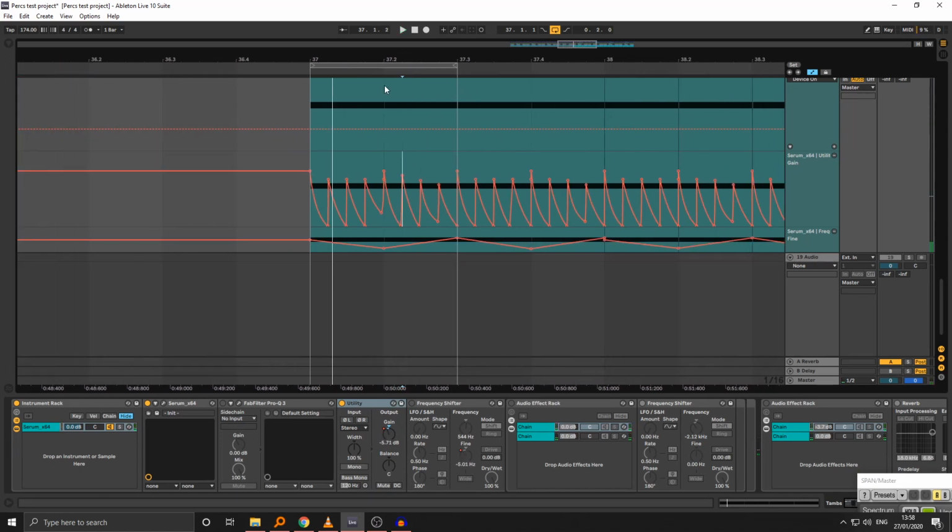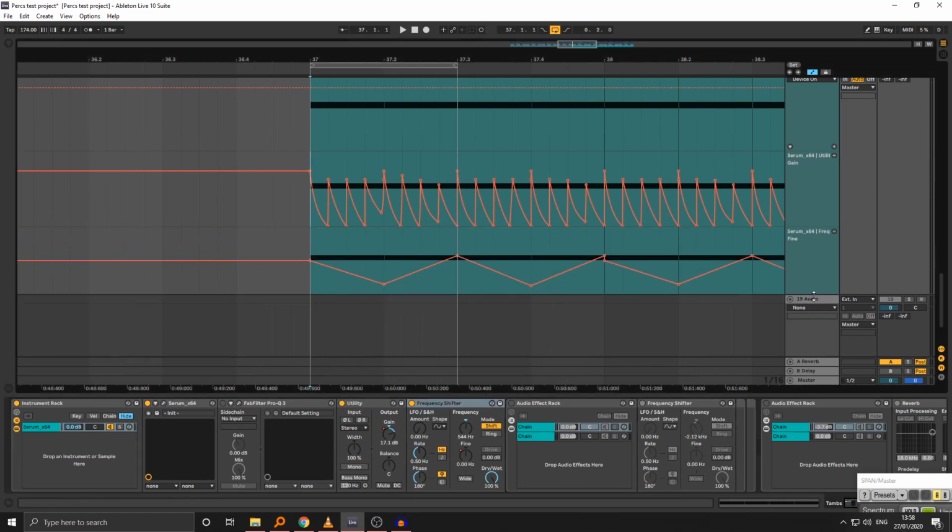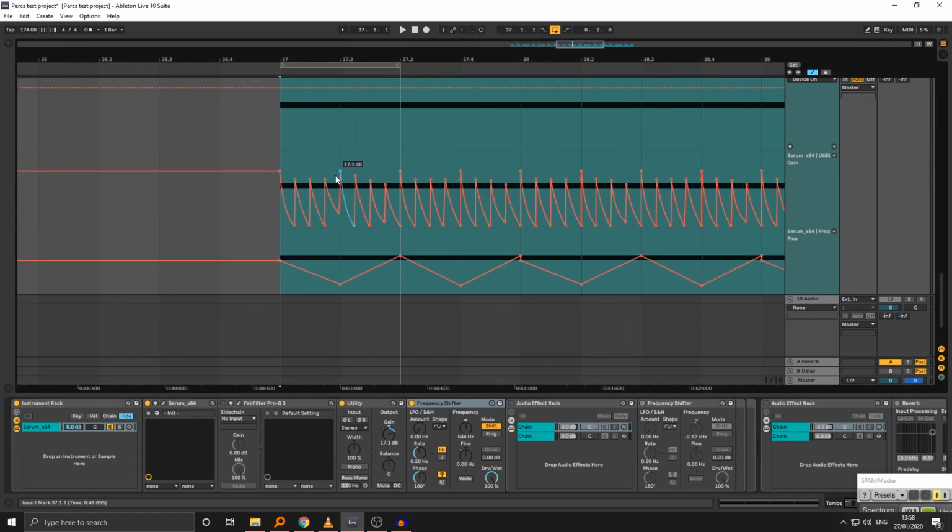Just creating some differences to make sure it's less robotic. I've also done some pitch shifting with a frequency shifter after this to again create some more movement in the sound, so it doesn't sound like a completely synthesized tambourine. So it's going from 0 Hz down to 182 and back up,